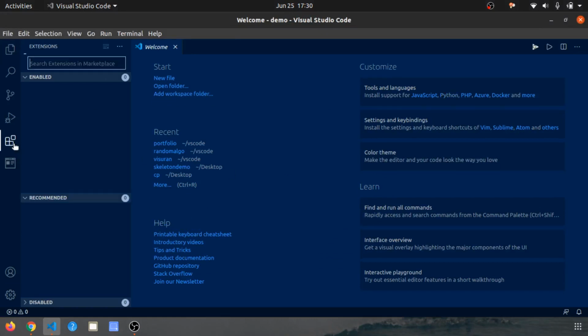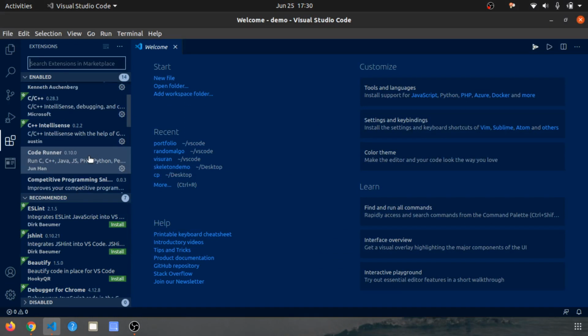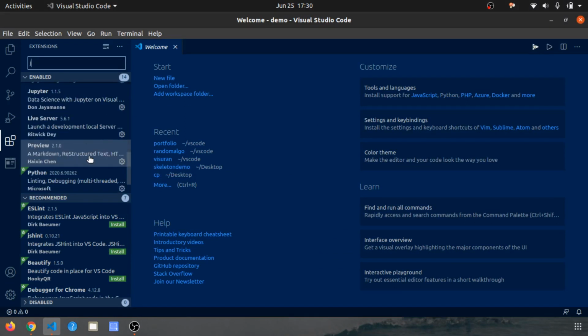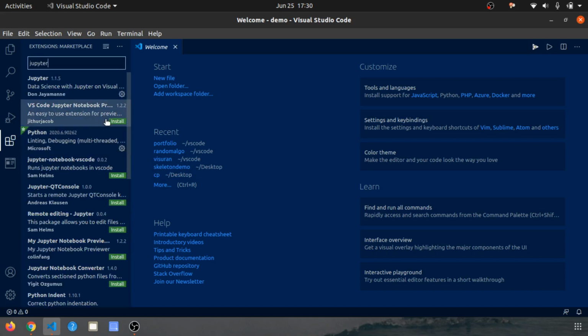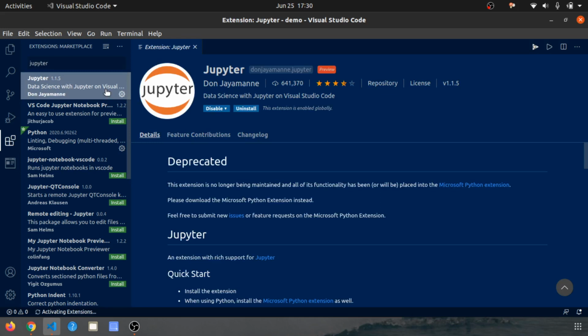So for running the Jupyter notebook, you need to install an extension in your VS Code. This extension is called Jupyter. It has 641,000 installs.